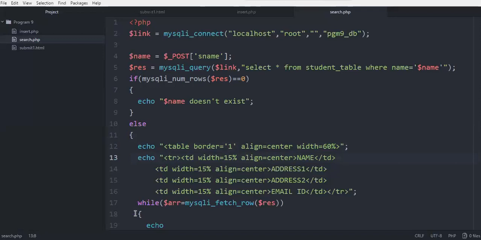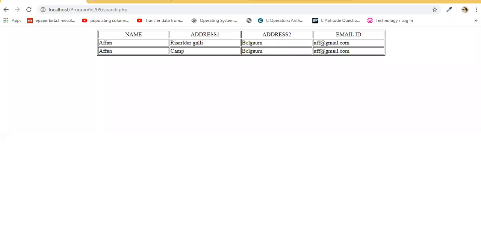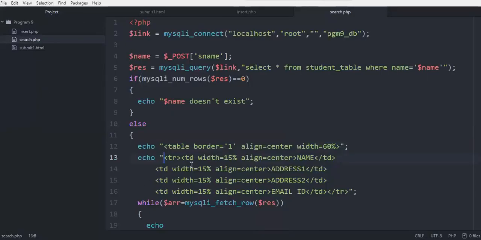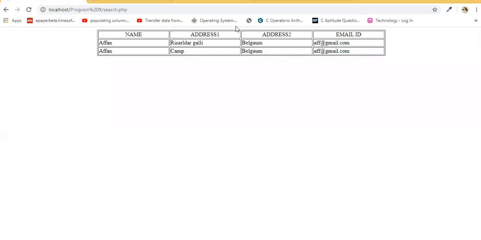Now I have to create rows for this. So the rows are getting created. Inside this particular row, how much data will I require? This is the row that we have created. Inside this row, we require 4 headings: name, address 1, address 2, and address 3.